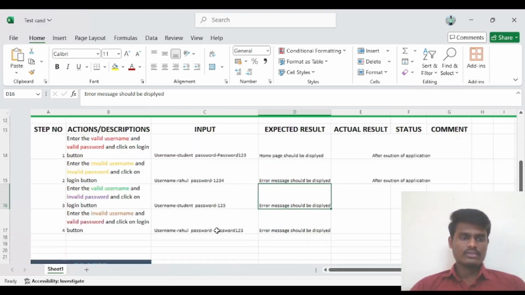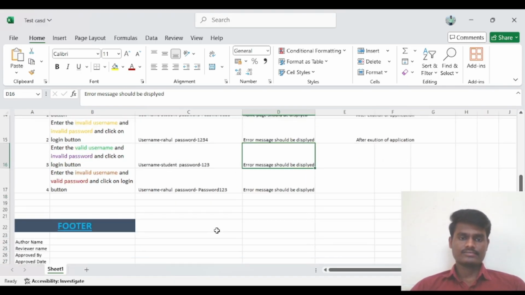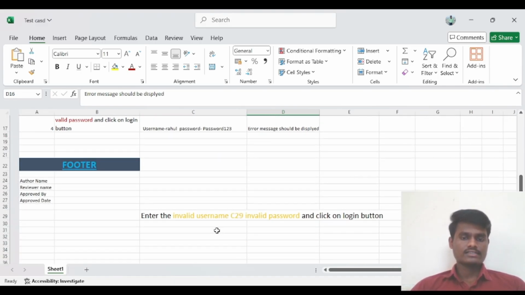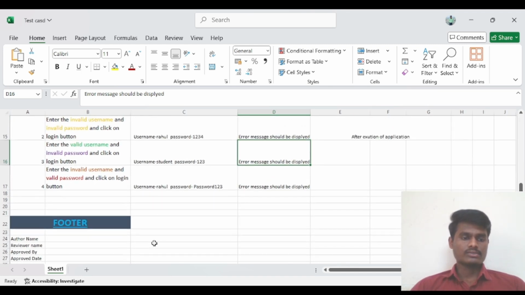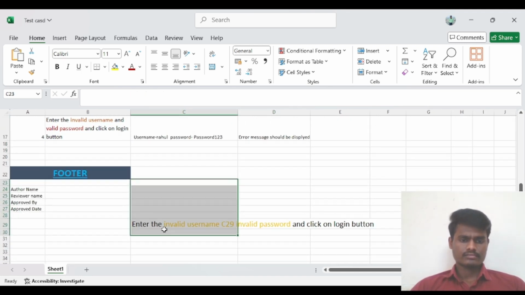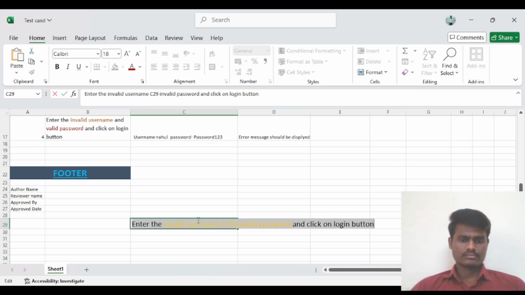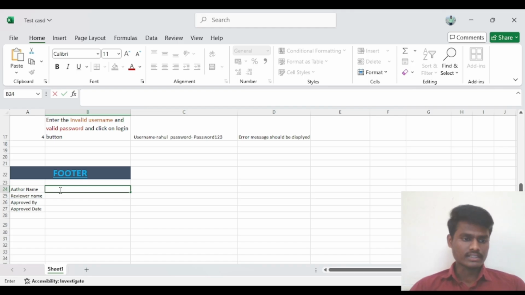And now this is our body section. Now in the footer part, what should you do? In the footer part, we have to write the author name. Who has written this test case?